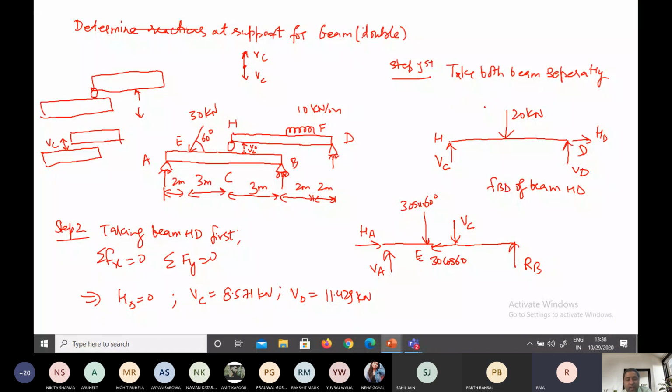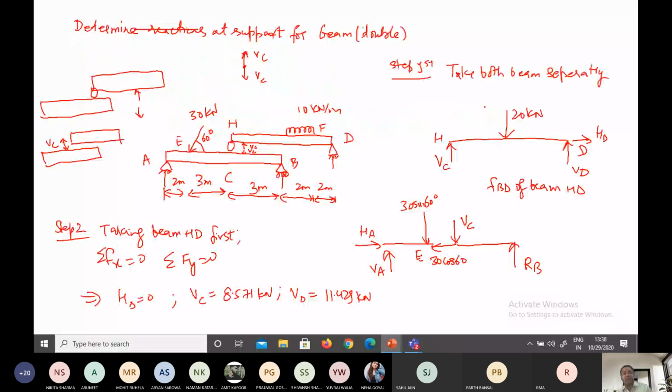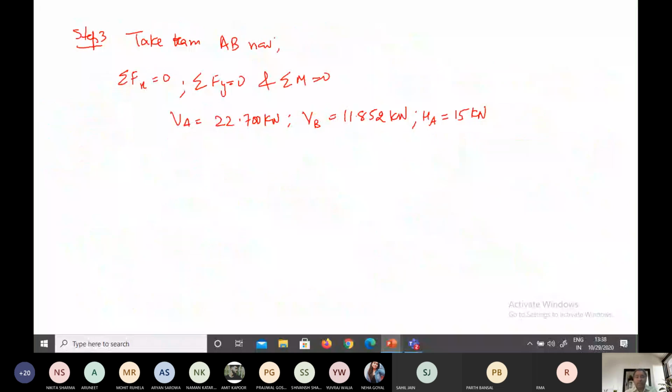Yeah, okay. HD, VC, VD. This I have written here, and the last is HA, VA, and VB. Okay, now I hope all of you are able to solve the problems of beam now. Double beam we have also discussed, and we have discussed the problems of inclined beam and simple beams. Okay. Now we will start with SF and BM.